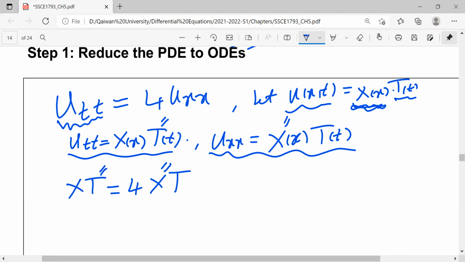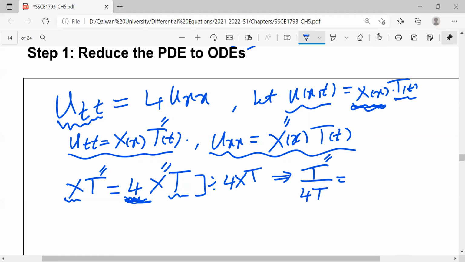Now we divide both sides by these terms, as we did before in all the other cases. We separate the variables. We put T with T double prime and X with X double prime. And also we divide by this number. Okay, we divide both sides by 4 times capital X times capital T, and we get T double prime divided by 4T